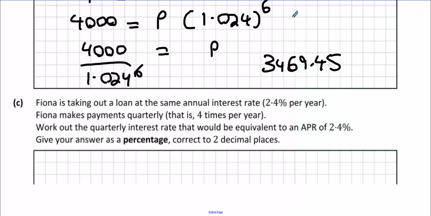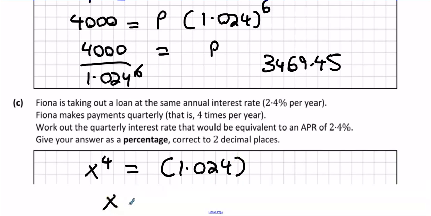Fiona is taking out a loan at the same interest rate of 2.4% per year. She makes quarterly payments. Quarterly. So what we're going to say is that x to the power of 4 equals what? 1.024. Then we're going to quarter root this, aren't we? And when we quarter root this,